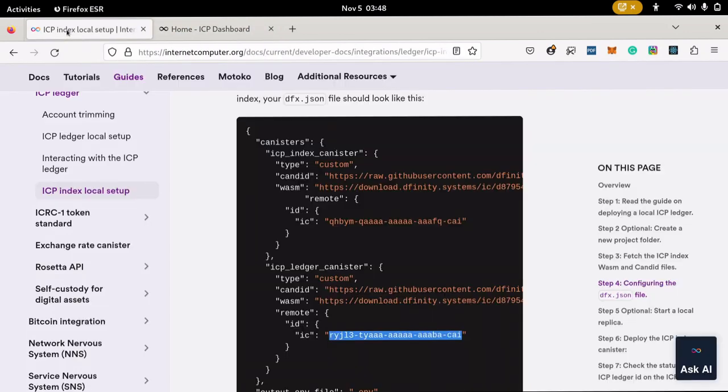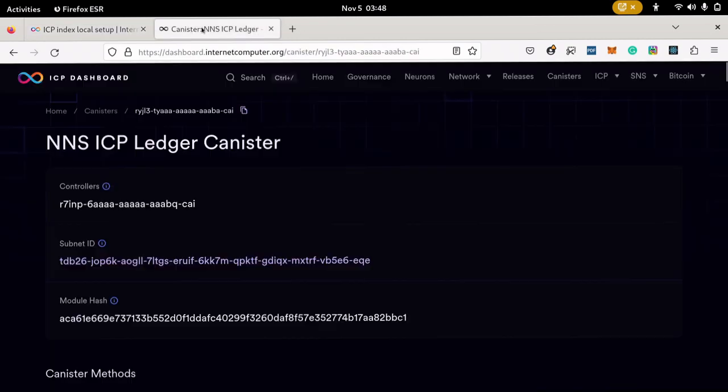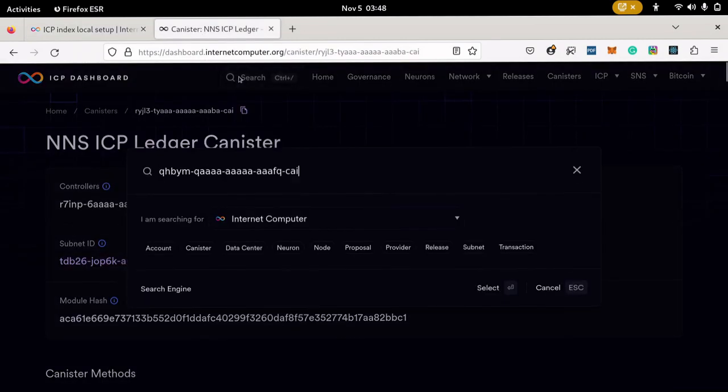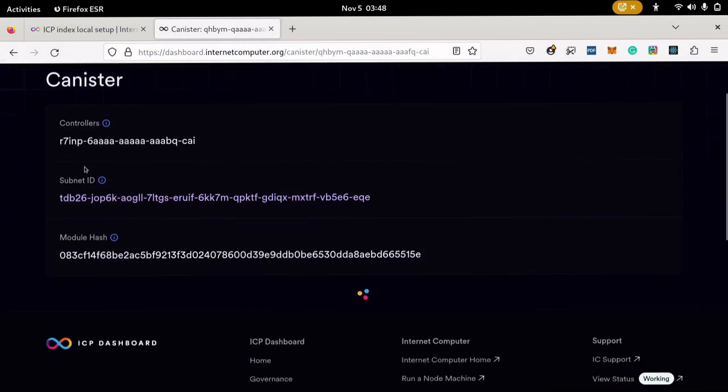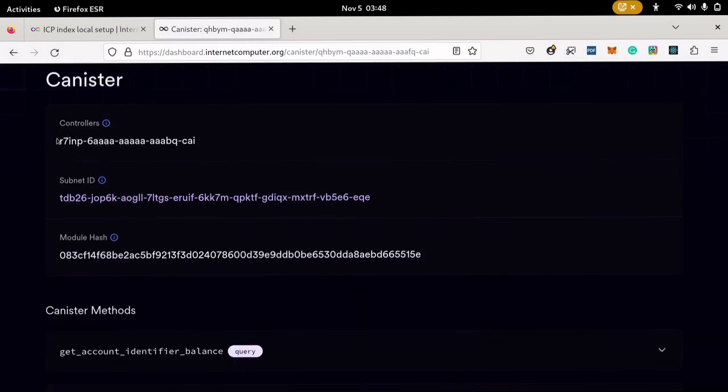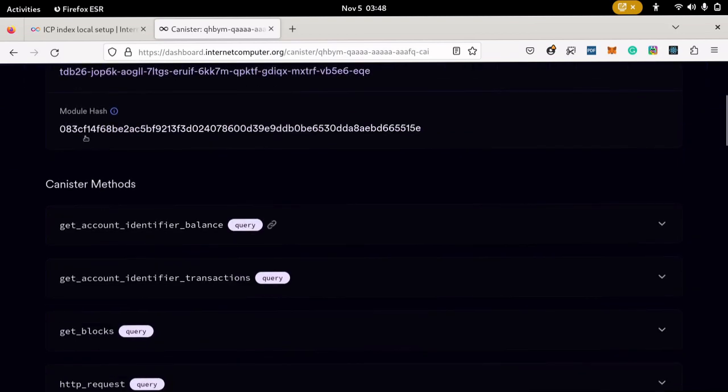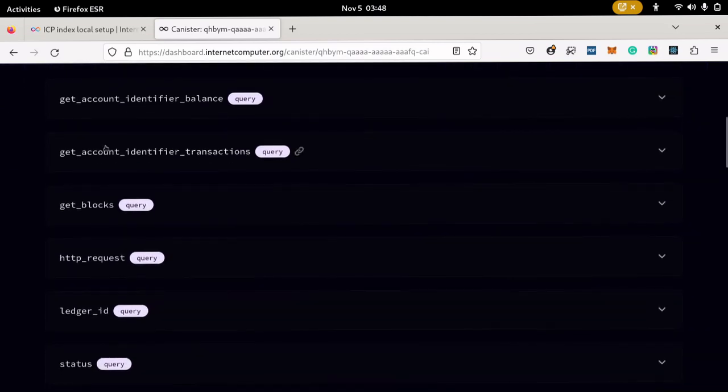I think I copied the wrong one, so I need to copy this and come here, click on search, paste and press enter. You see that they're bringing some information, the controllers, the subnet and the module hash, and now we see different